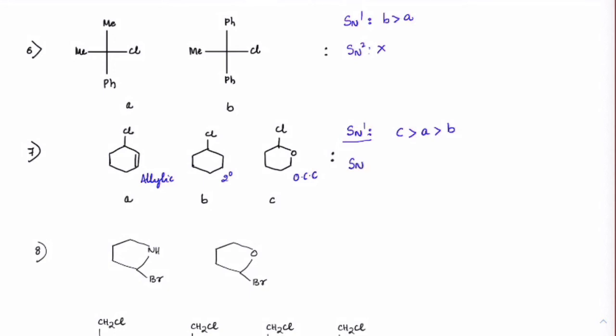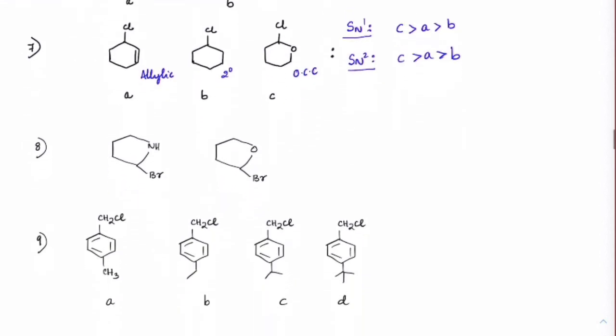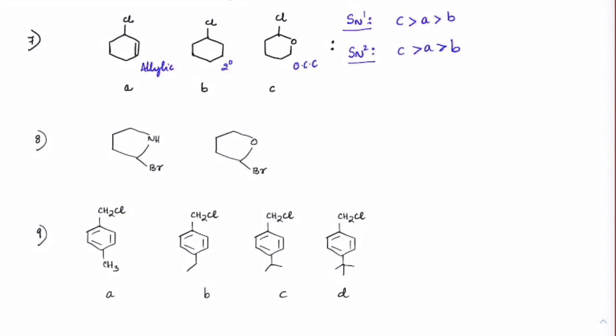And when it comes to SN2 also, the lone pair support in the transition state will make it more stabilized. Same is the case here, but lone pair would give better stability as compared to only pi bond. So here also the order would be same. Next one, lone pair donation from nitrogen, lone pair donation from oxygen. Which will give better donation? So it is nitrogen which gives. So SN1 and SN2 would also be same.